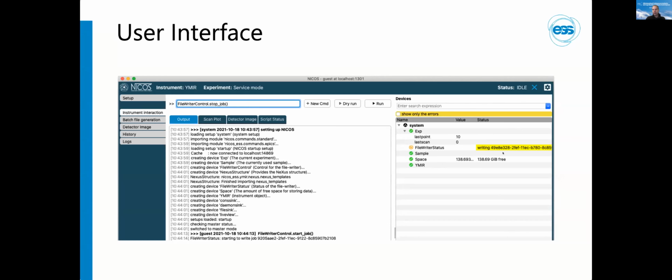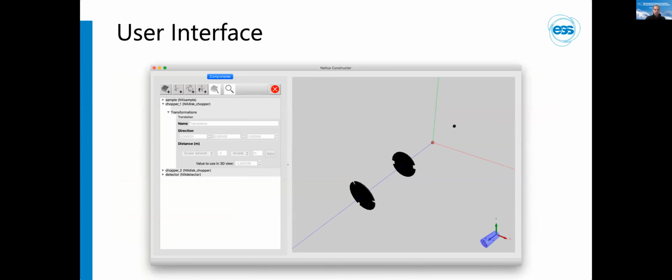In this somewhat simple example, the experiment control application shows us the status of the currently used file writer, as in its current writing. This is an example of the application that we're using for